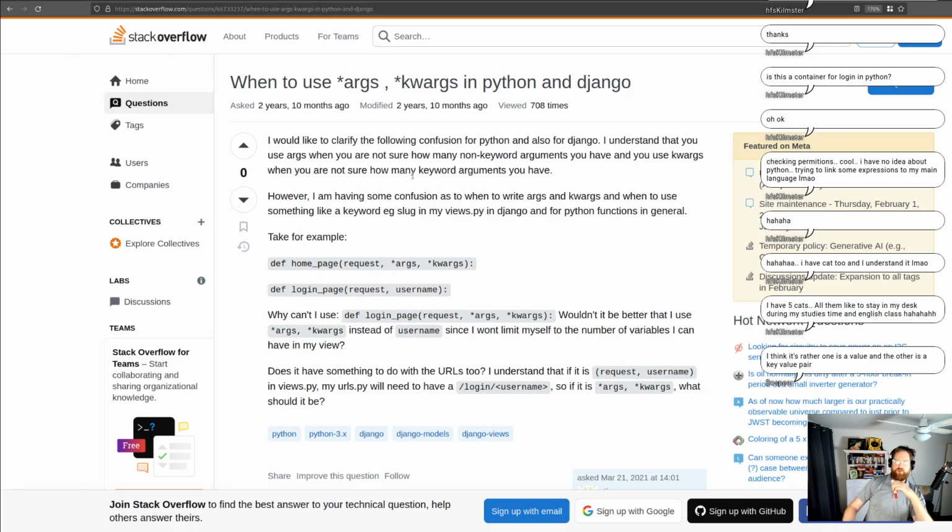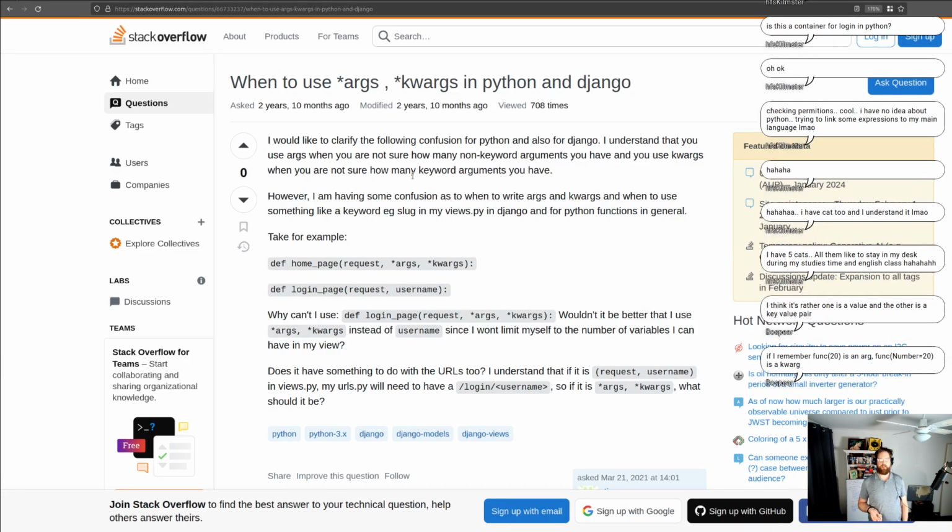However, I'm having some confusion as to when to write args and kwargs and when to say something like a keyword, e.g. slug, in my views.py in Django and for Python functions in general. Take for example, def homepage(request, *args, **kwargs), def homepage(request, username). Why can't I use login page with args and kwargs? Wouldn't it be better that I use args and kwargs instead of username, since I won't limit myself to the variables,